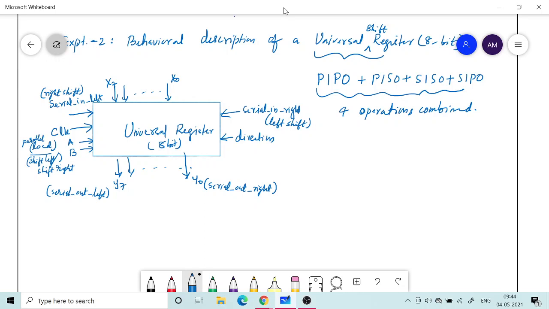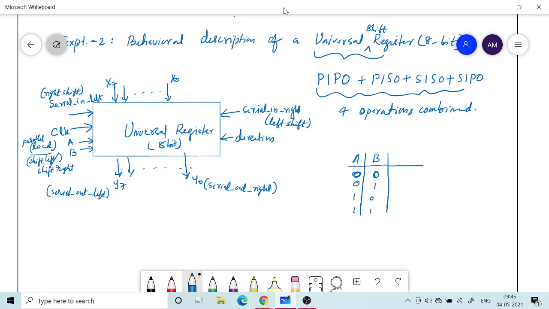If you are not loading parallelly, you need to load serially. So when A equals 0, one way you can decide is to write the control signal AB as 0 0, 0 1, 1 0 and 1 1. What is the operation that you do when it is 0 0? You are not loading the data.